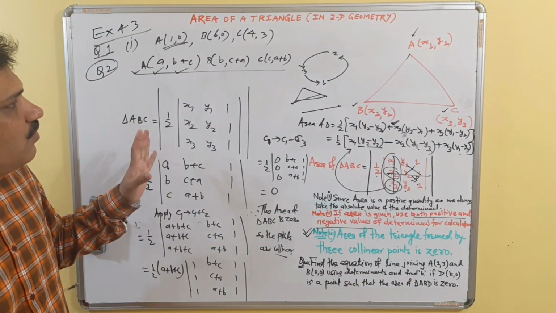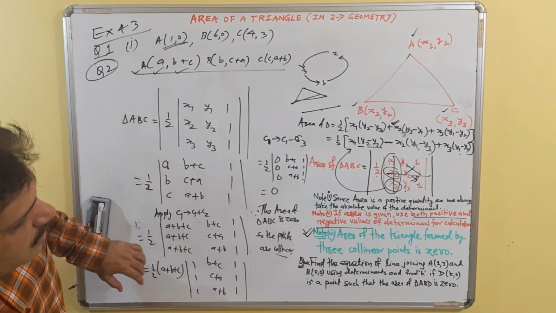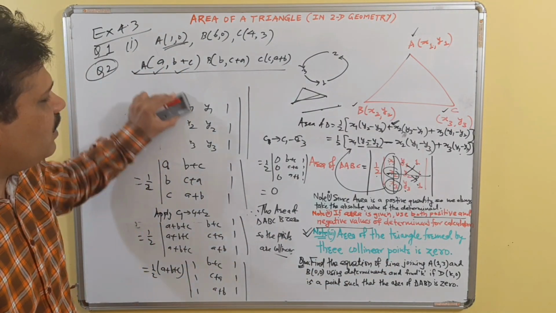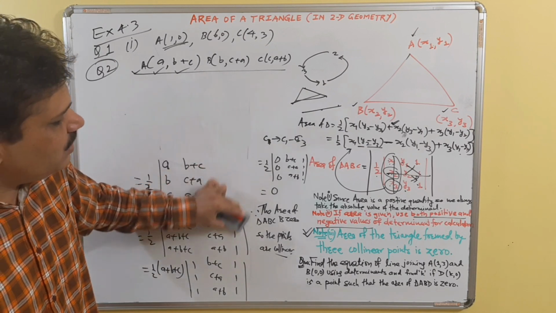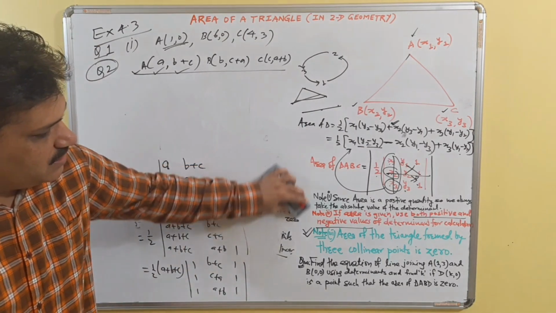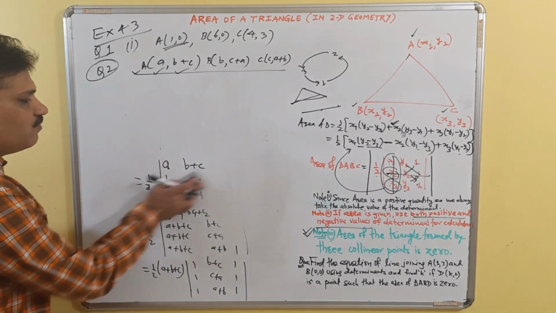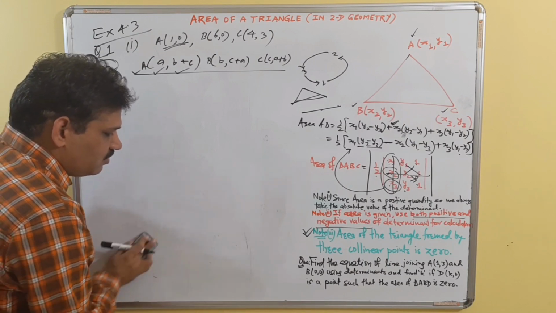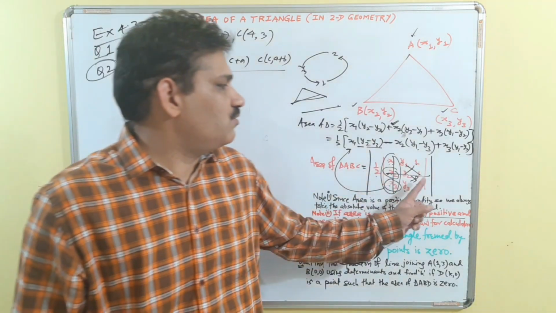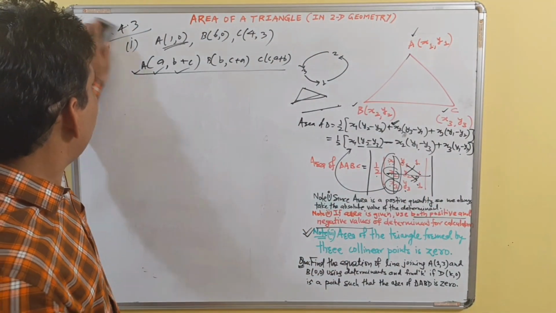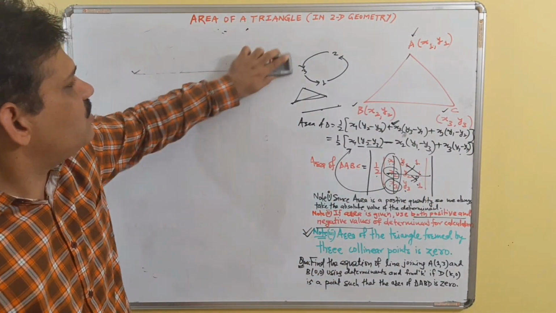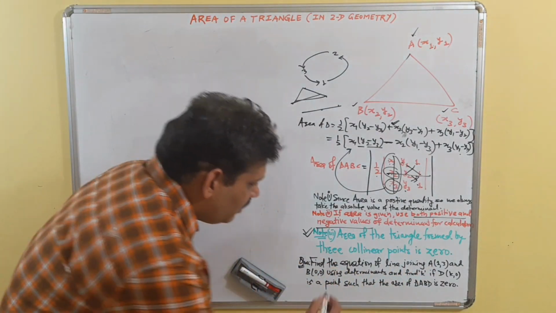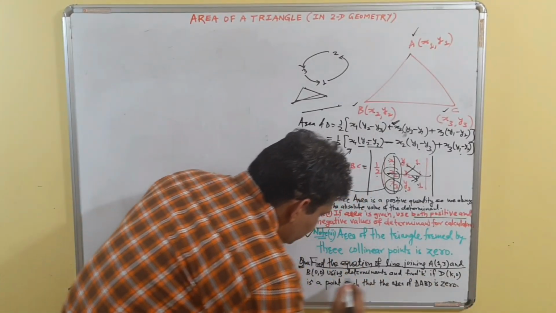Well, now there is a question here we have taken: find the equation of the line joining 2 points. Now how can we find the equation of the line joining 2 points using determinants? See, we have a formula to find the area of a triangle, that is half times the determinant x1 y1 1, x2 y2 1, x3 y3 1, and we are to find the equation of the line joining 2 points using determinants. See, we are to find the equation of the line joining points A and B.